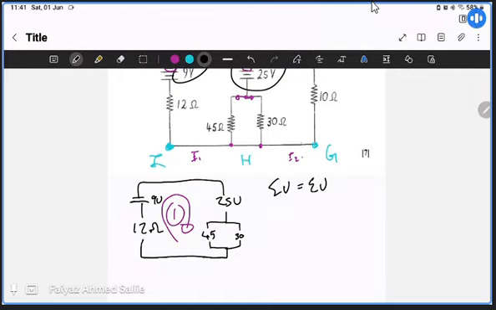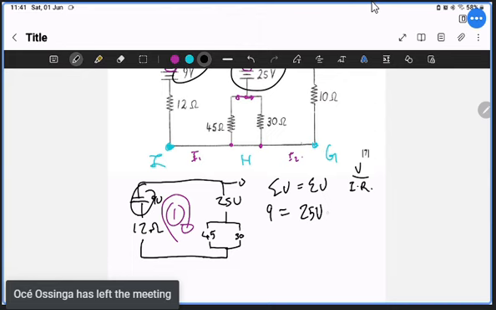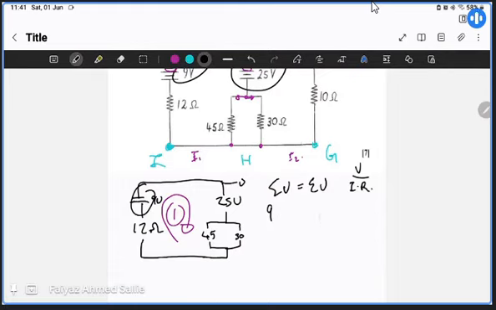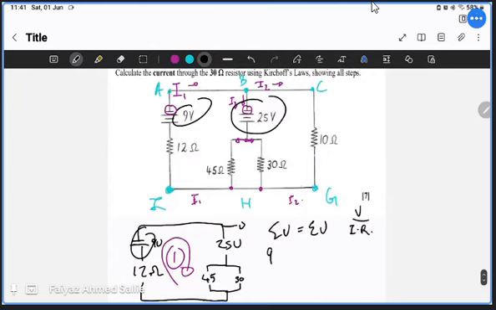So now we're going to do the sum of the voltage over here and the sum of the voltage over there, as well as voltage is equal to current times resistor. So the voltage here is 9 volts, equal to 25 volts, and then we're going to have to, sorry guys, give me a second, just let me just,